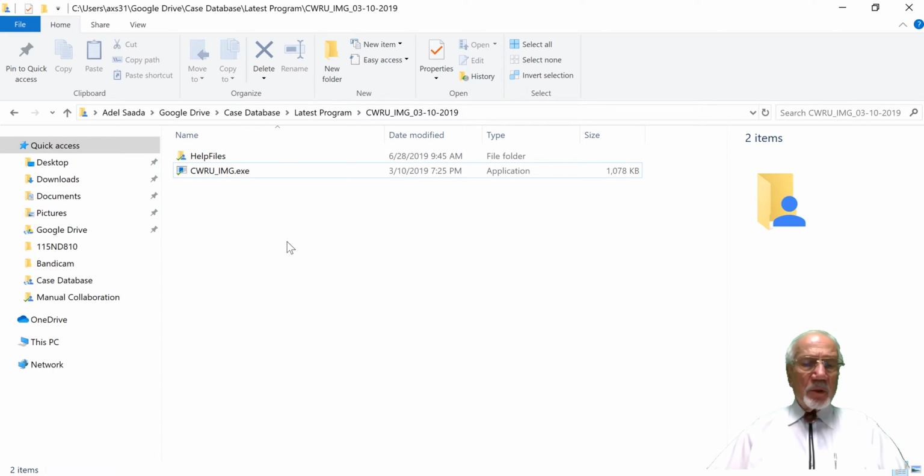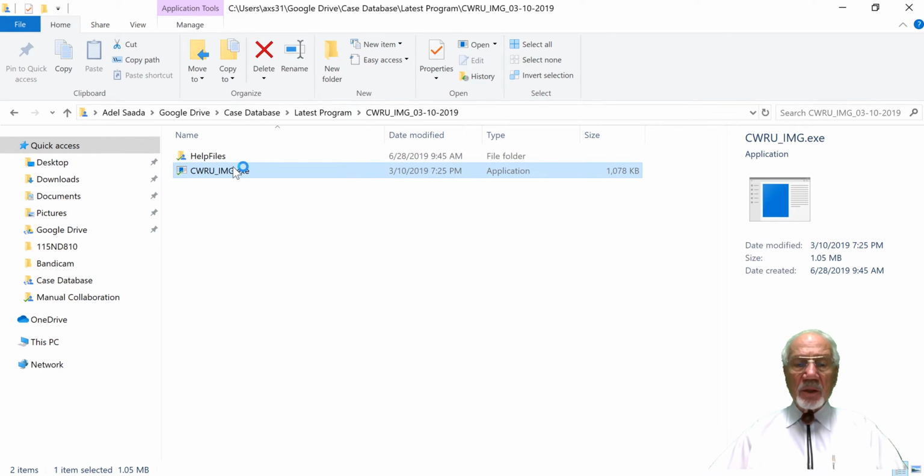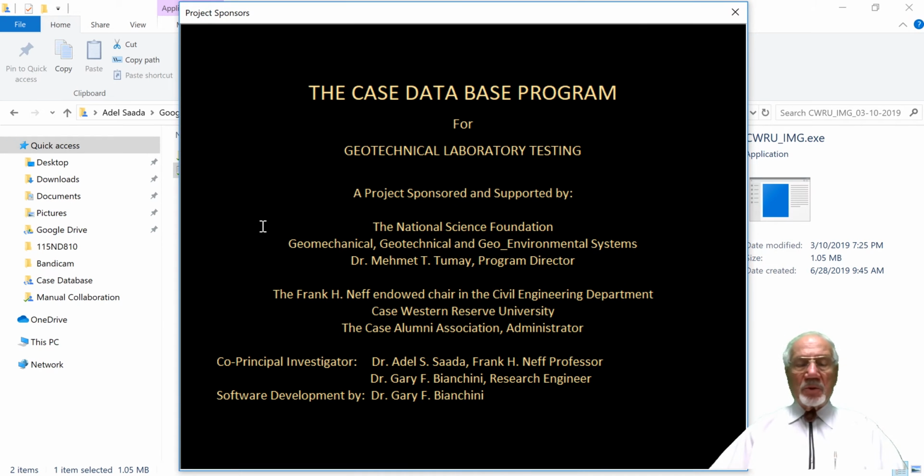When you unzip the program, this is what appears on your screen: Help files and CWRU exec. Let's double click on exec. The first screen that you see is a marquee screen that simply gives you a little bit of the history of the database, when it started and with whom. You click it off,